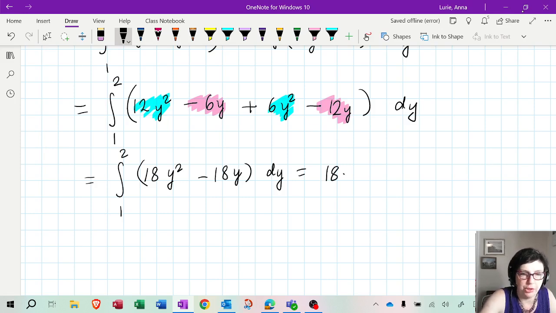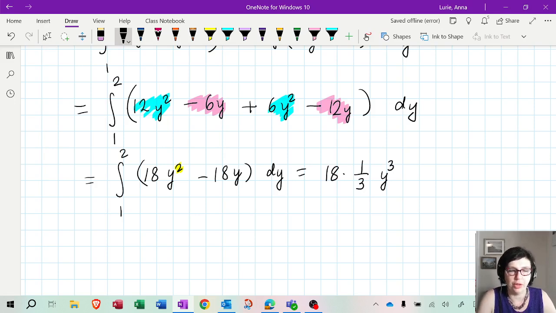So how do we do that? So remember, we have a power rule for integrals. The power rule for integrals says that you add 1 to the power. So unlike derivative where you subtract 1, here you add 1. So you're going to get y to the power 3, and then you divide by the same thing. So you can do over 3. However, I don't like that. So I usually, instead of dividing by 3, I multiply by 1/3. So I don't like the stacked kind of thing where it's not clear if we're dividing or multiplying. So I just like to do, instead of dividing by 3, multiplying by the reciprocal 1/3.